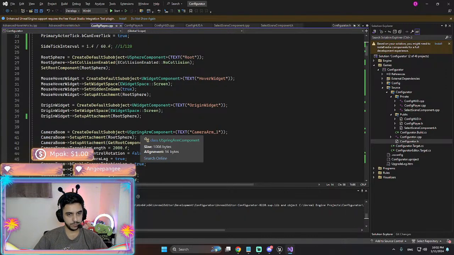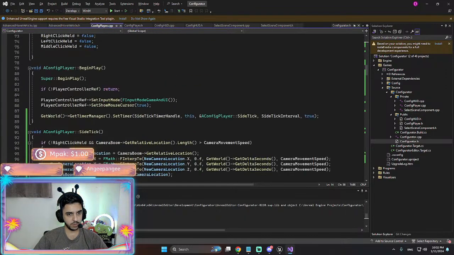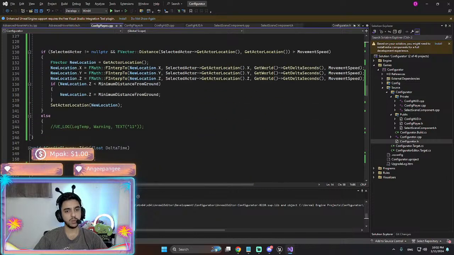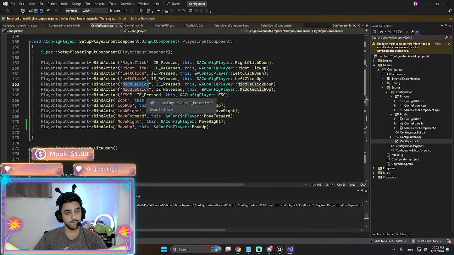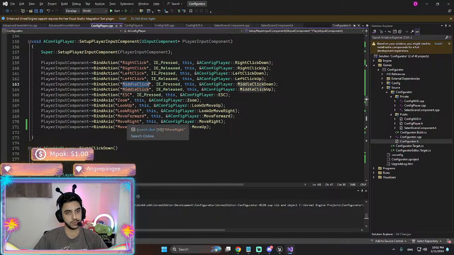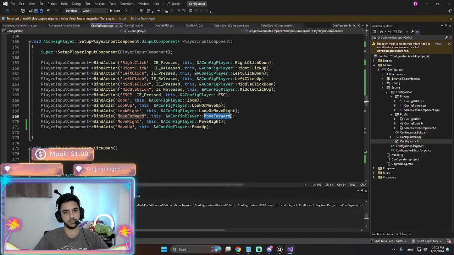I'm going to find my input. Let's go down the rabbit hole. Middle click held. So it is look or move up.